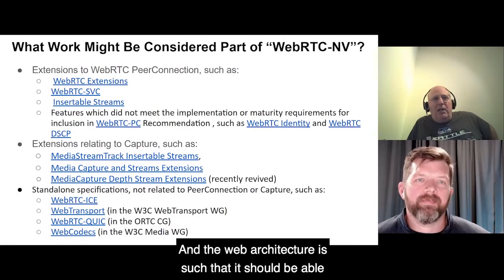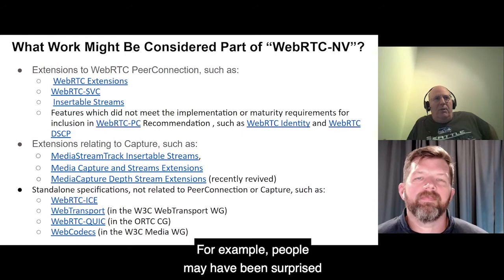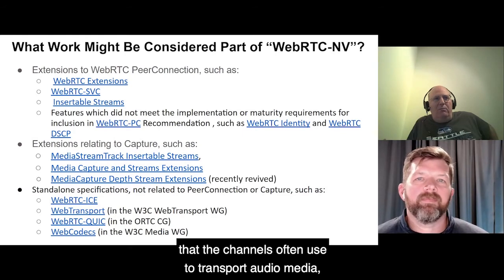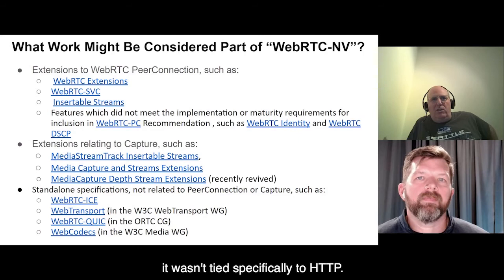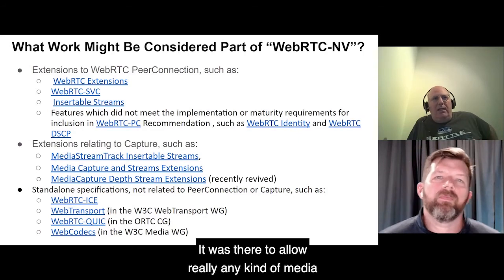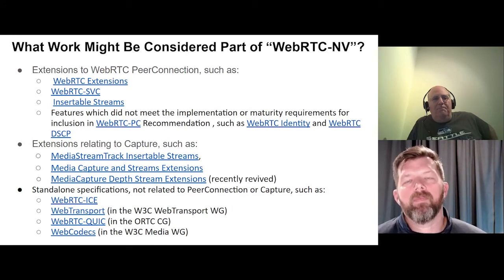And the web architecture is such that it should be able to transport anything. For example, people may have been surprised that the data channel is often used to transport audio media, but really the design of MSE was such that it wasn't tied specifically to HTTP. It was there to allow really any kind of media to be transported in any way and rendered.